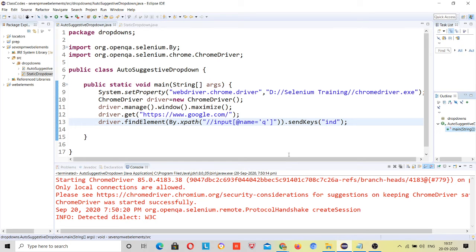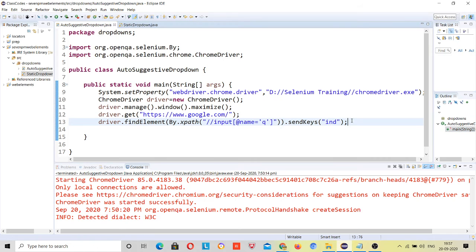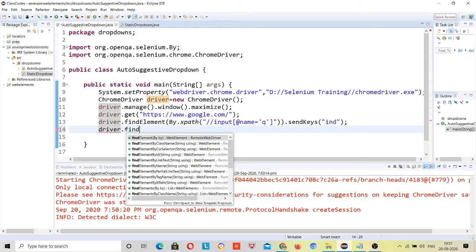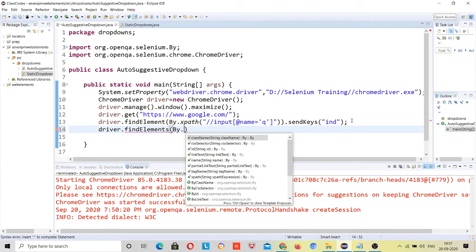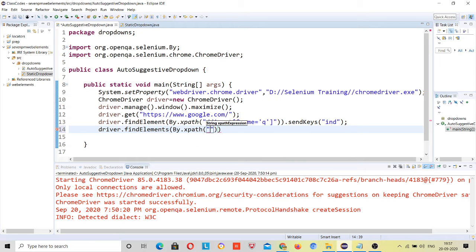So now we have written a locator, right? Now I want to grab all those values. driver.findElements, then By.xpath, double slash div at the rate class is equal to SBL1, right?